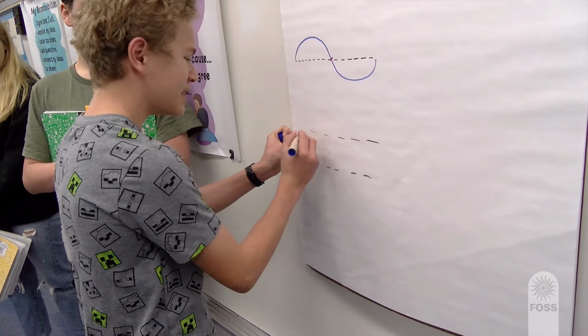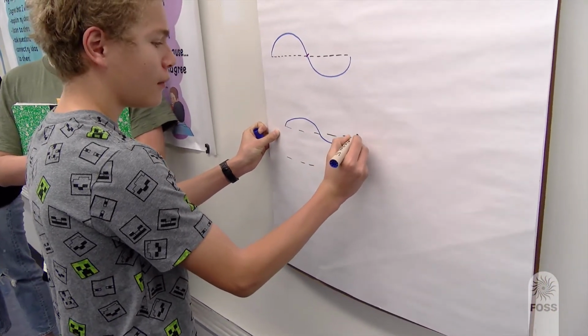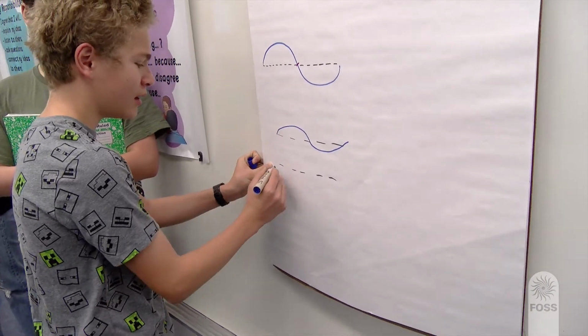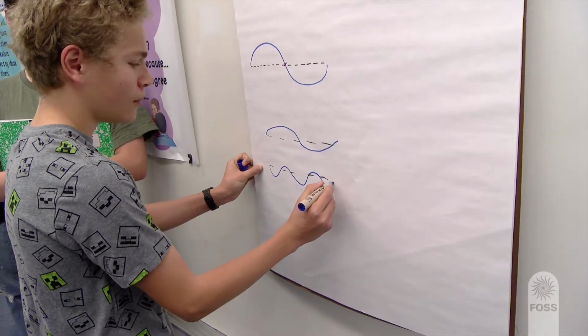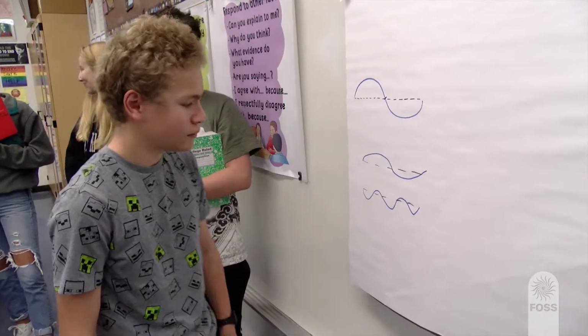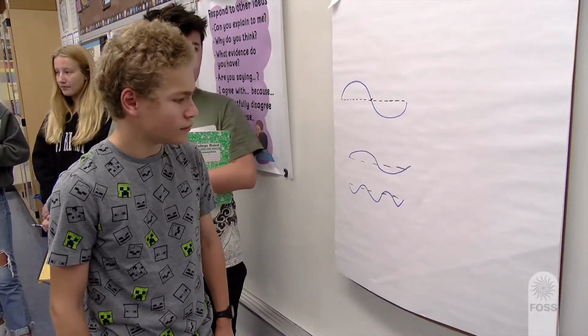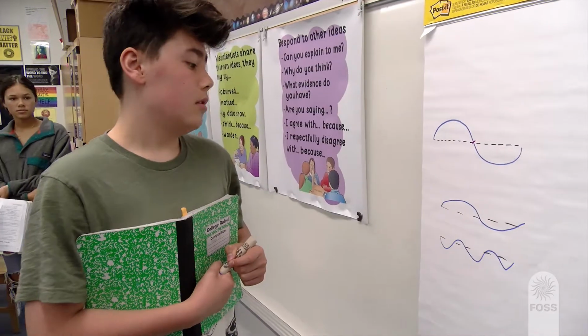The low frequency wave would go more like that, and then the high one would go like. Okay, great. And I like how you tried to keep the amplitude of the waves the same because we were trying to control amplitude. I need someone to go label this with high energy and low energy. Which one had more high energy and which one had more low energy? Why don't you tell us which one you'll label and we'll see if everybody agrees. So which is going to be your high energy?